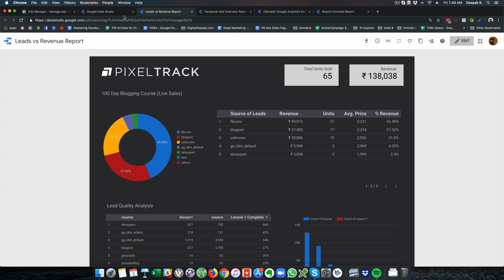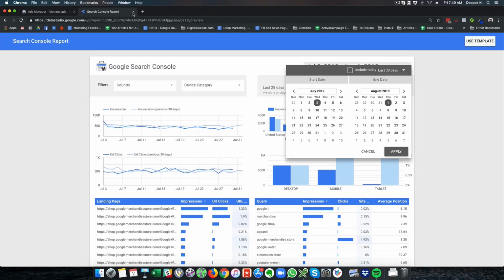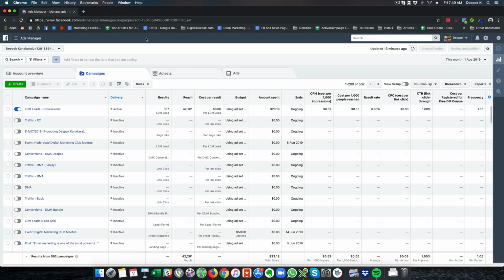So Google Data Studio is not just great for you to go ahead and create a report for your own statistics, but it's also excellent for creating reports for your clients, and your clients will be impressed, and you can put your own logo there if you want. So today let me go ahead and build a Data Studio from scratch for Facebook ads.